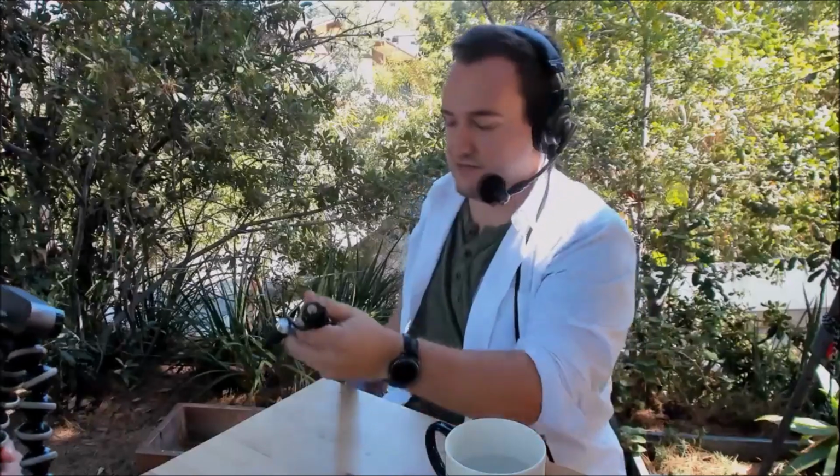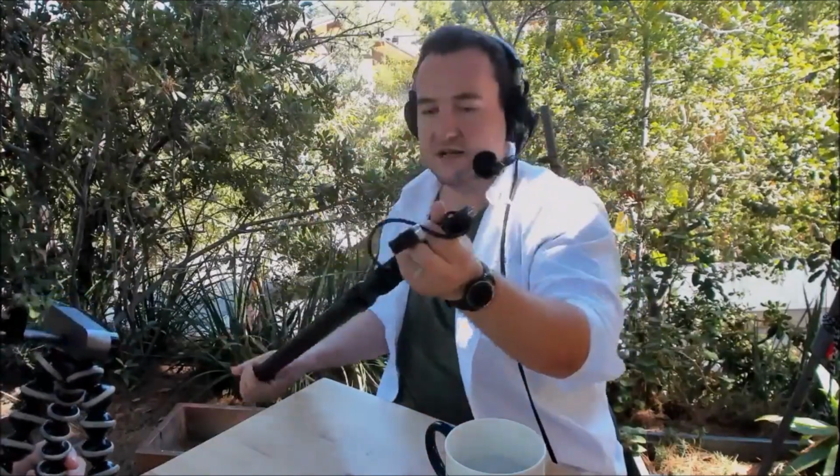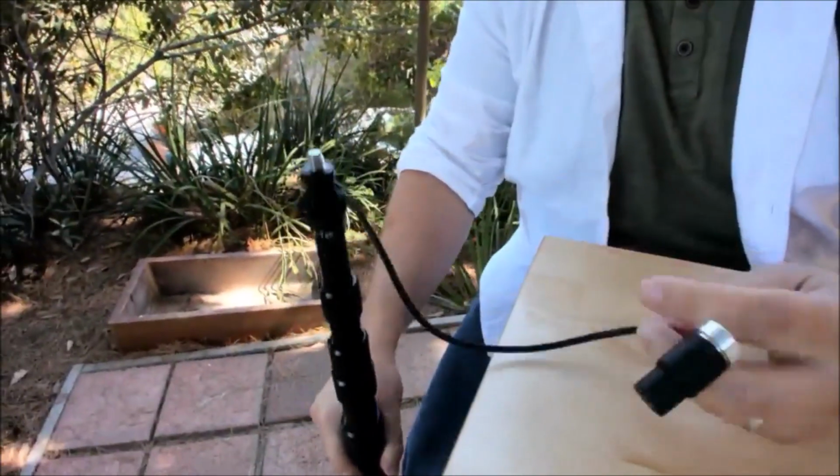So I love this internal cable, and you could even use it for anything else, but it's really, really nice, and I mean, this is a prototype cable, so this isn't the